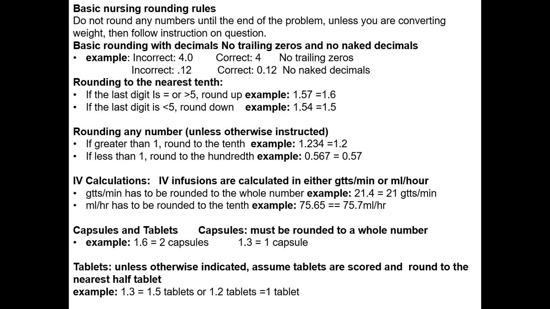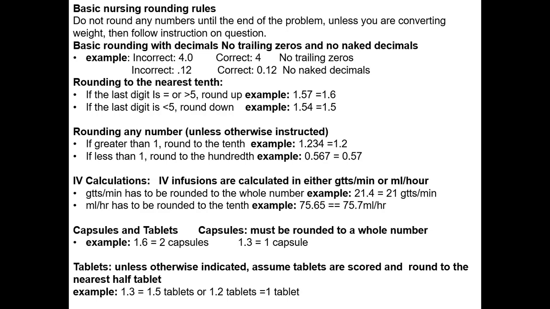So with the decimals, we don't have trailing zeros, and there should be no naked zeros. So I wrote you some examples. On the top is the no trailing zeros. So if it's 4, we write it as 4. If it's 4.1, then we would write it as 4.1, but we don't write 4.0. Also, if it's a decimal, okay, we start it with the 0, 0.12, no naked decimals, and that's to prevent